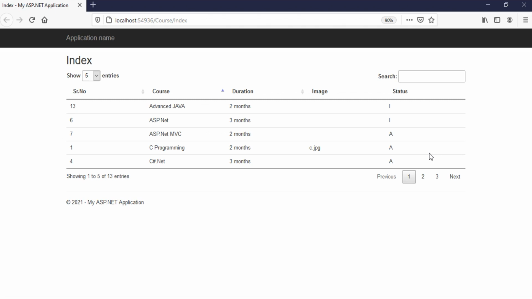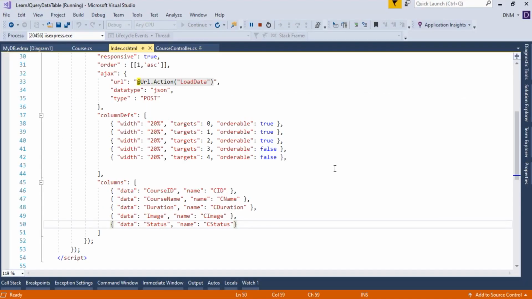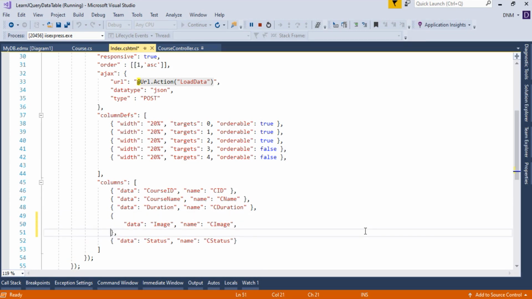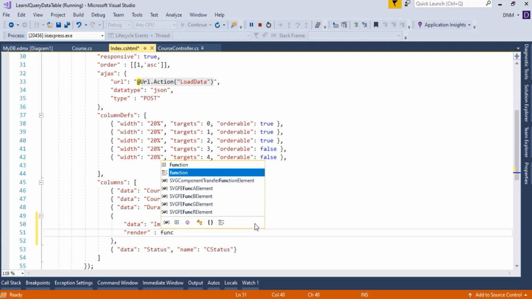So let us switch to Visual Studio. Now, for this particular column, I want to render my data differently. So here I'll say comma, and on the next line, I'll define this. My option is render. To this render option, we have to assign a function.